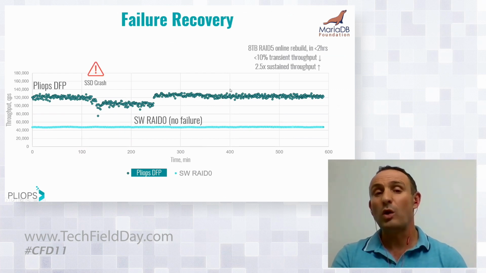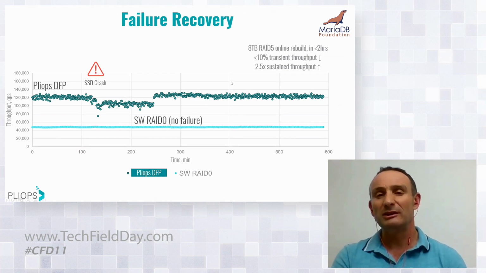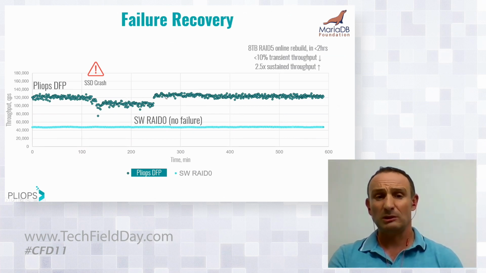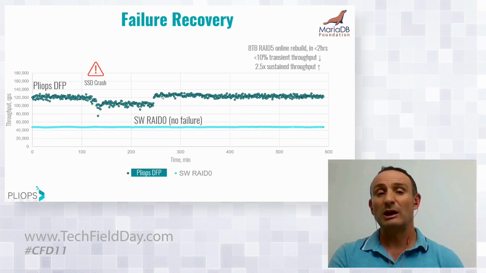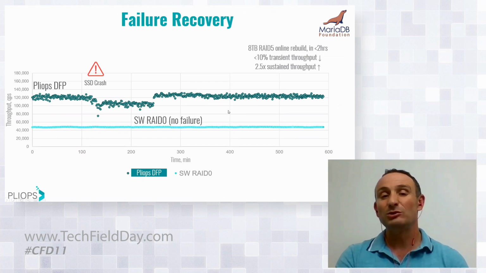And at some point, one of the SSDs in the stripe crashes, and immediately our agent kicks in a recovery process that happens completely in the background and is barely impacting the ongoing database service. So virtually speaking, the clients barely feel the impact of this rebuild process that is going on in the background. We only lose about 10% of the throughput because we obviously use some of the bandwidth of the underlying drives,